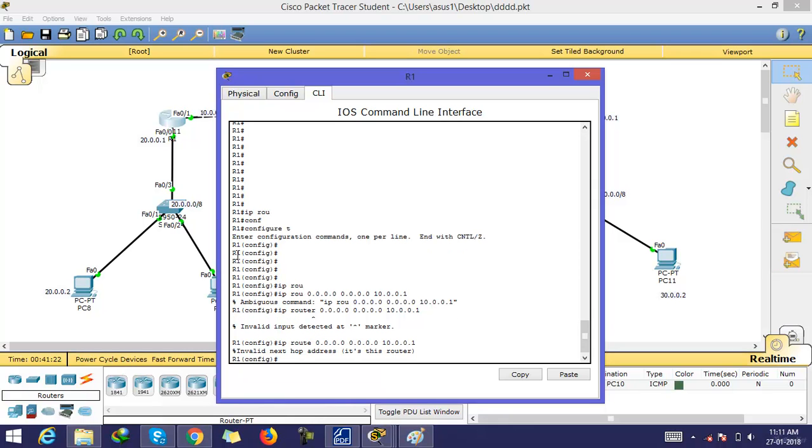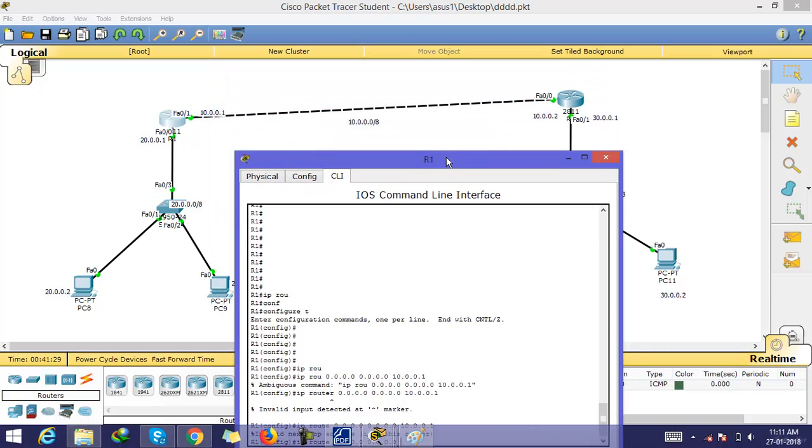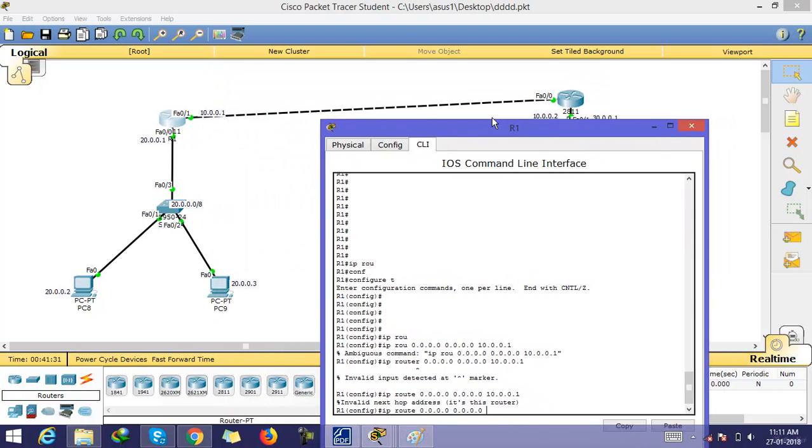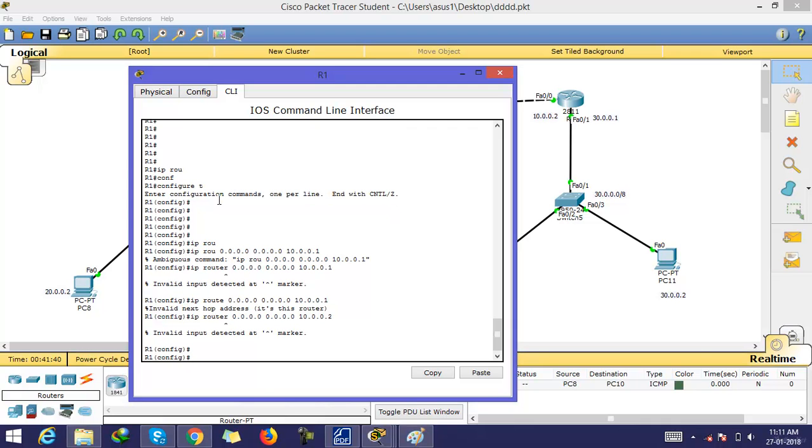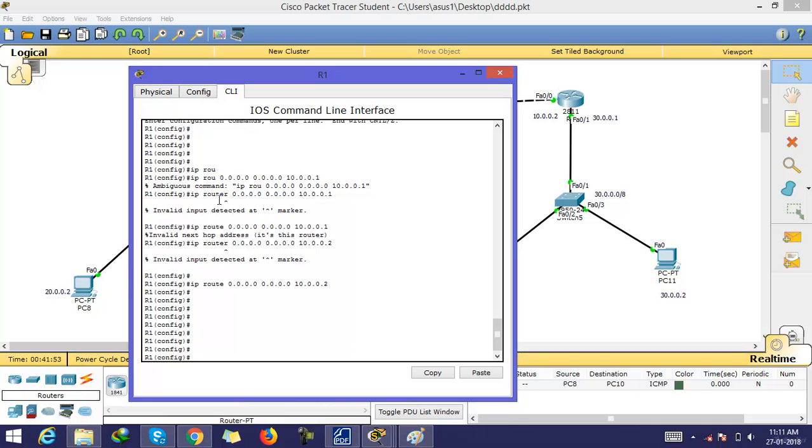The next hop address is invalid, because the next hop address is 10.0.0.2 for R1. So here I am giving 2. Invalid input, that is because I need to type route. So here I'm giving